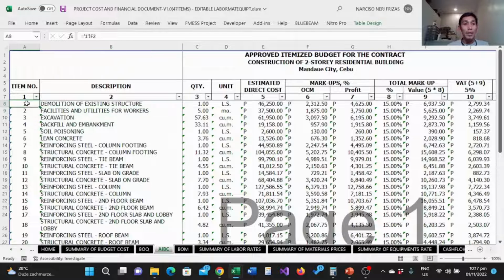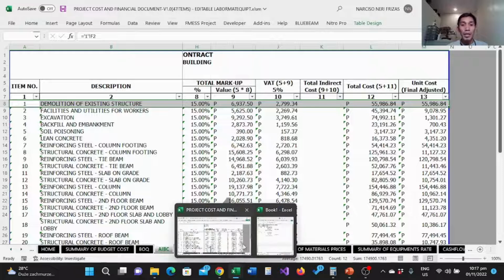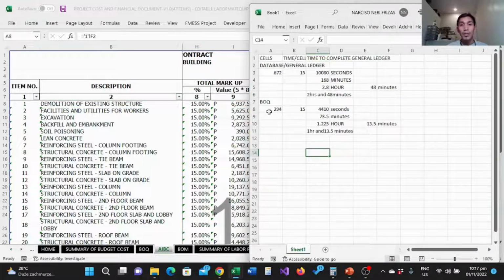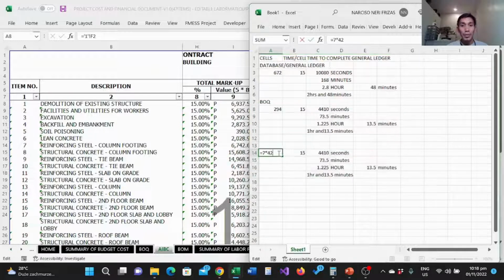So from here, we have, how many sets do we have? How many columns? So we have 13 columns and then 42 items or 42 rows. So 13 multiplied natin. We're gonna be doing this again. So we have here 13 times 42. Ayan, so 8,190 seconds,